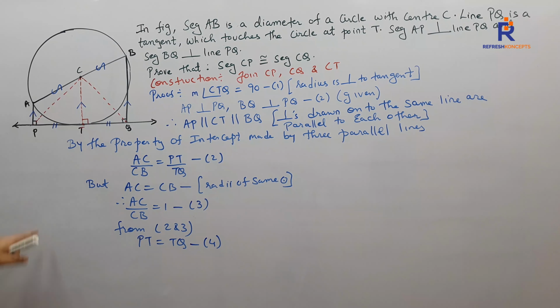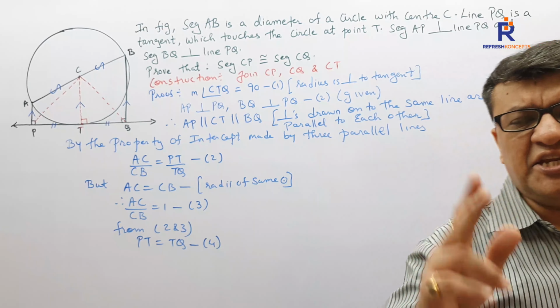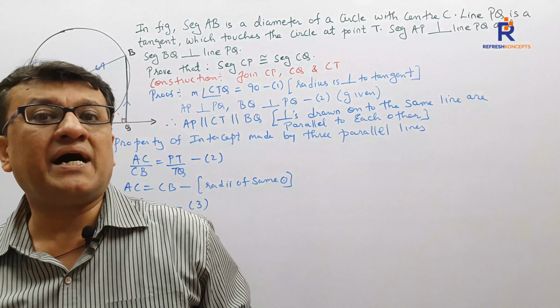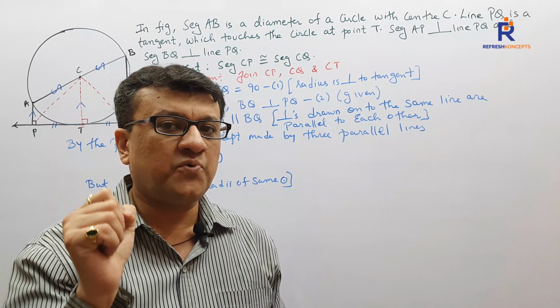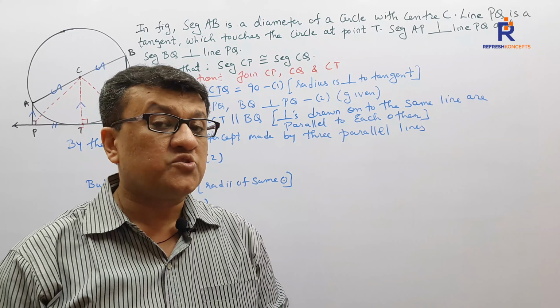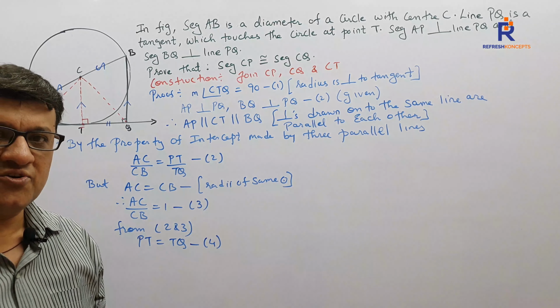What next? Let me now make you understand the entire sum, what we are supposed to do. I intend to prove CP congruent to CQ. Don't you think that whenever we need to prove any two sides congruent, we shall get it by CSCT. Shortcut. What is the long form? Corresponding sides of congruent triangles. Right? So if I want to prove any sides congruent, I need to prove two triangles congruent.